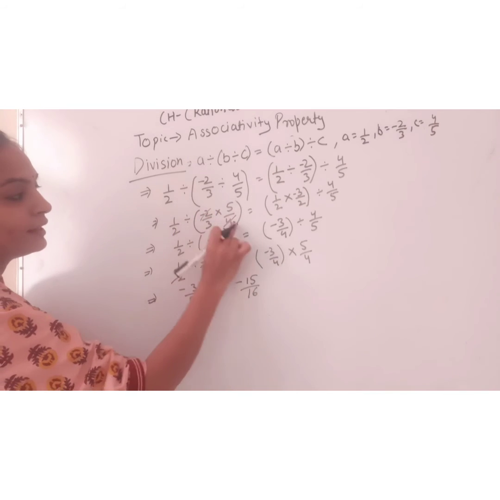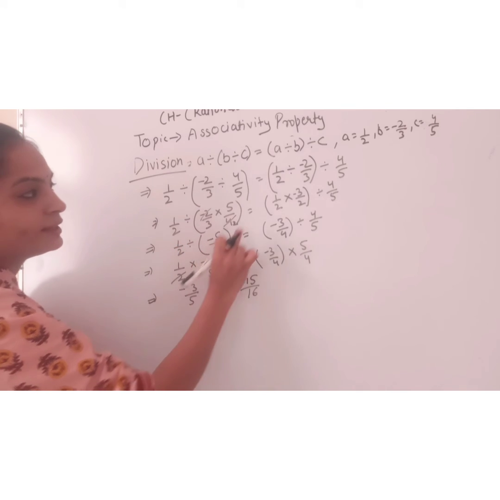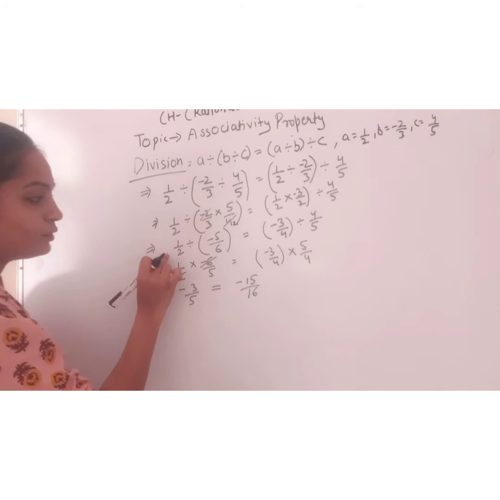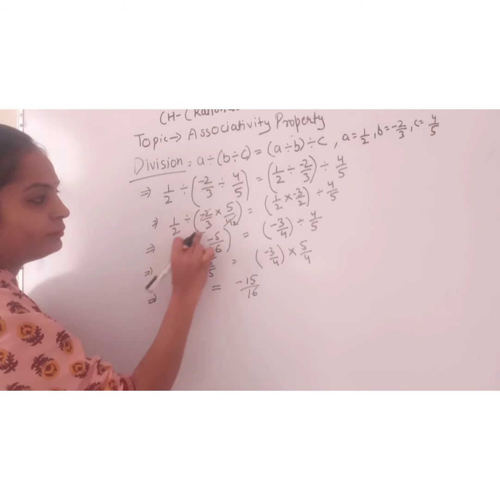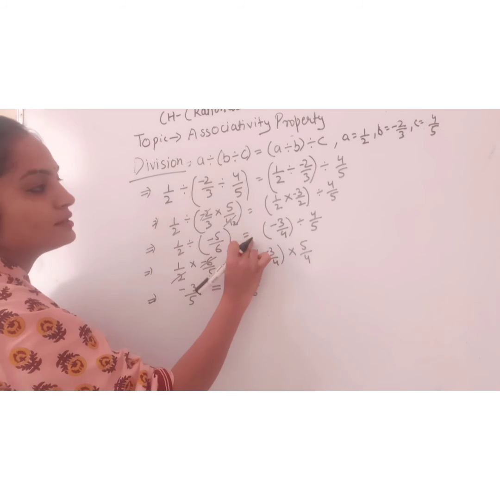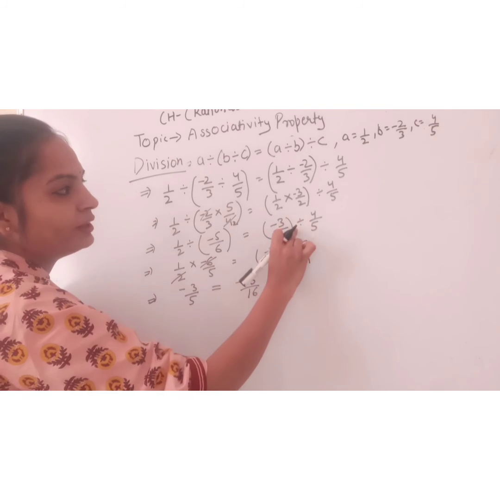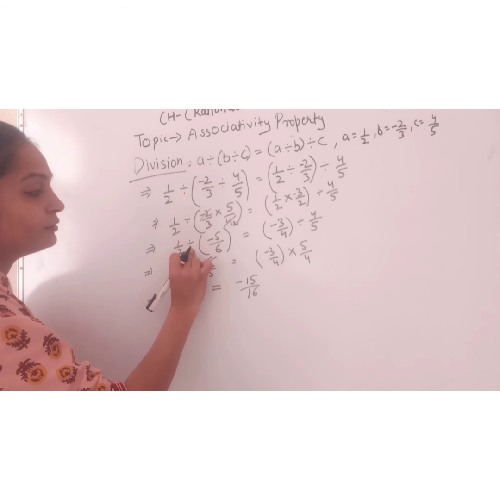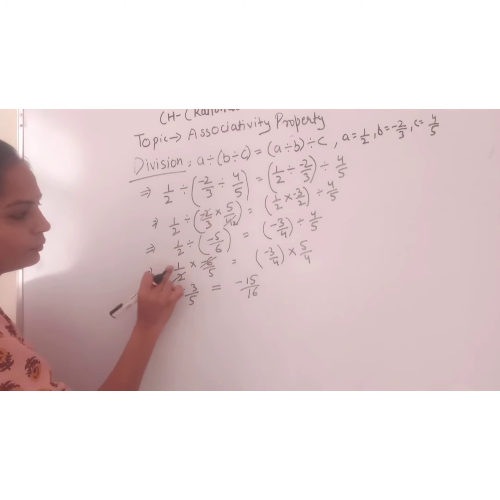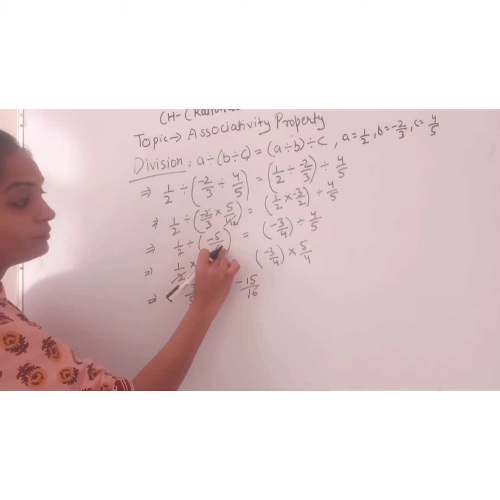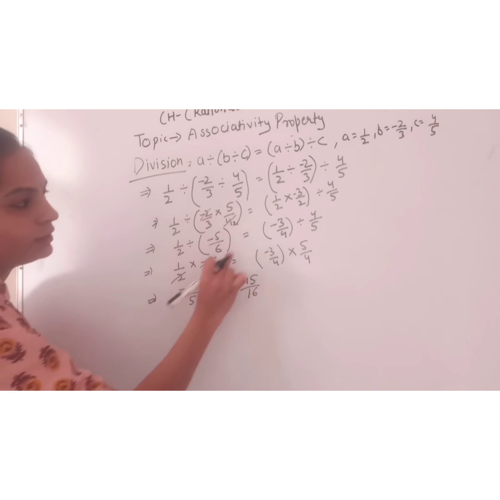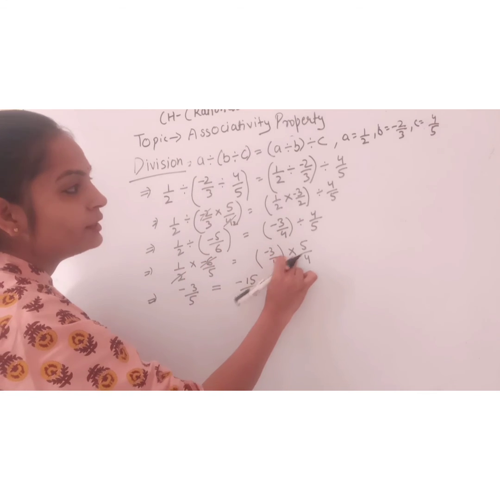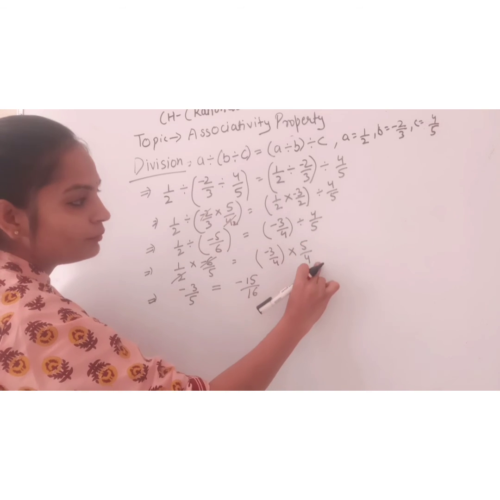After solving this and cutting out, I am getting minus 5 by 6, and after solving this and cutting out, I am getting minus 3 by 4. After solving this, that is 1 by 2 divided by minus 5 by 6 is equal to minus 3 by 4 divided by 4 by 5. Again I want to divide, that is why I can reverse it by multiplying. Now 1 by 2 into reverse this, that is minus 6 by 5, and this side also minus 3 by 4, taking sign as multiplication and reversing the value, that is 5 by 4.